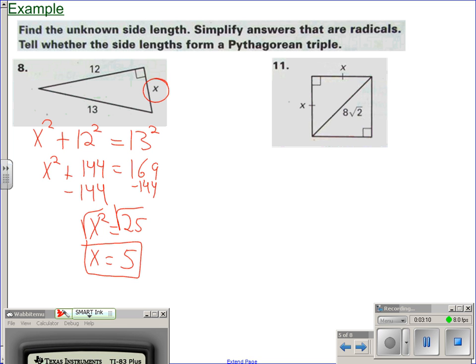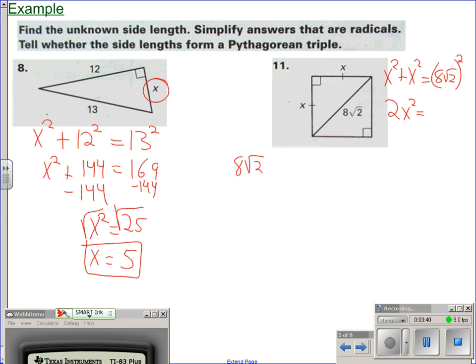In number 11, same idea. Leg squared plus the other leg squared equals the hypotenuse squared. Now this one looks much more complicated, but it's not so bad. You've got x squared plus x squared. Those are like terms. You add them up, you have 2 x squareds. Now, when you square a number like 8 square root 2,